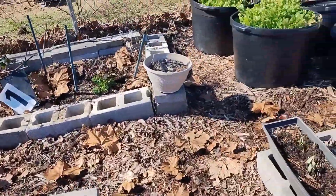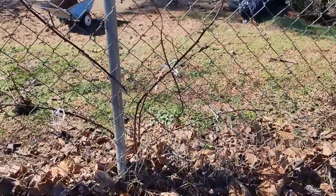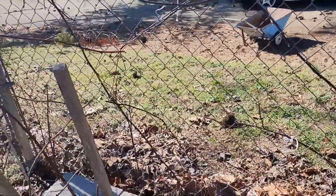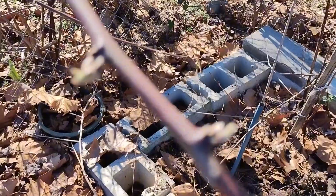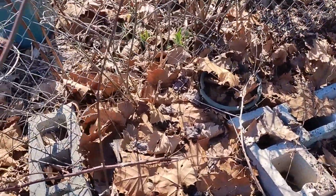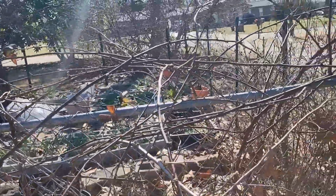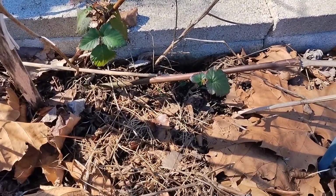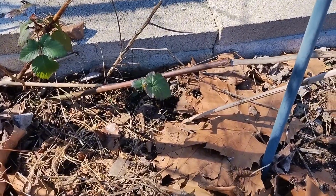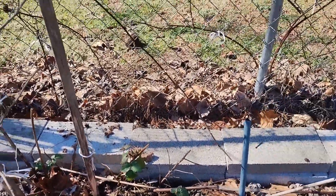And then over here along the fence line here is where I have my blackberries. The plant originated from here, but as you can see, it traveled all over here, and all these branches here that you see are going to produce leaves and soon blackberries. But that's what all of these vines here along this fence, these are all blackberry vines. And as you can see down here, the roots traveled into my raised bed here, and I'm already seeing some of the leaves developing here in my raised bed. So spring is upon us, guys,